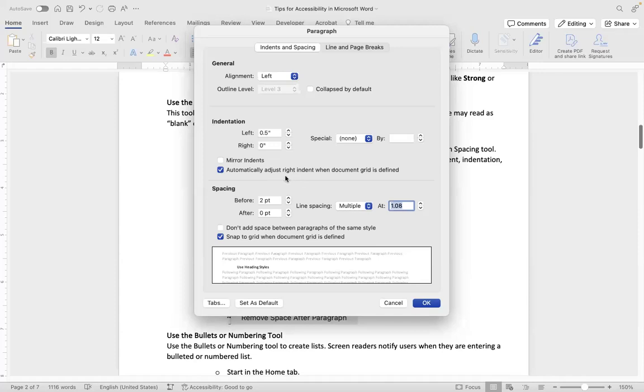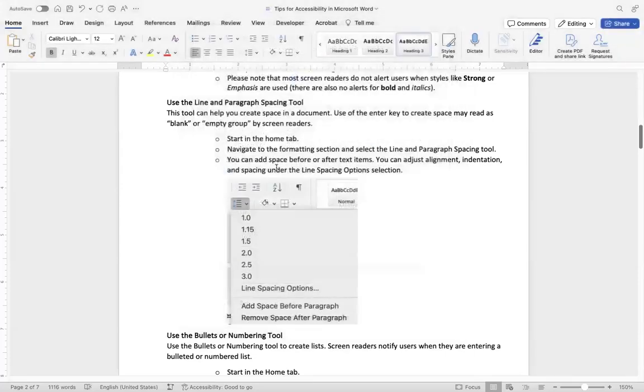When you go to spacing, you can indicate how many points you want before the text, after the text, and this can be so helpful when you are creating a document that needs visual spacing for those with visual acuity to be able to take in the information. So I'm going to select OK. But one of the things that I have done in my document is anytime that I had an image, so that my image did not so closely fit next to the following text, I always added a space after paragraph. So that's an example of how I use this tool.